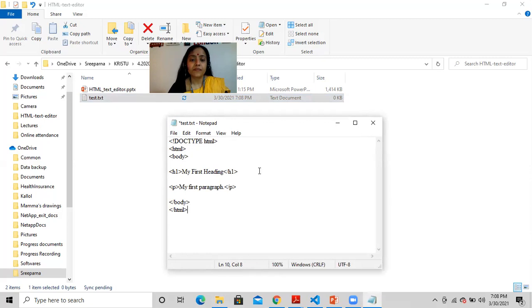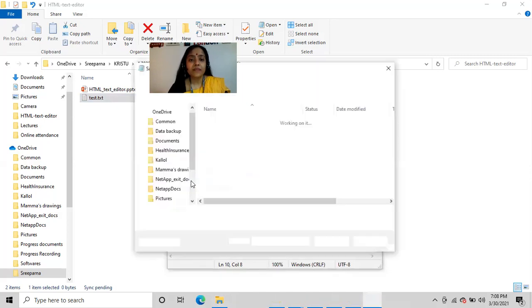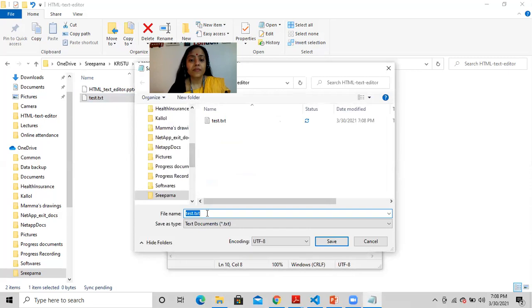After that, go to File. Go to Save As. Select File Name. Change the extension to .html.